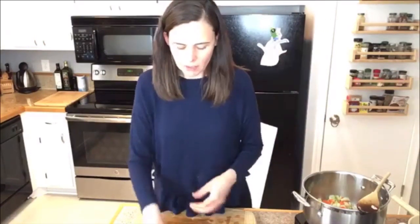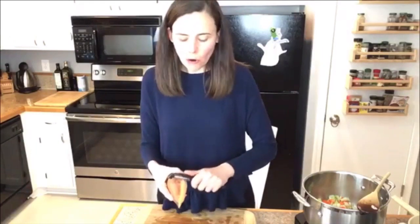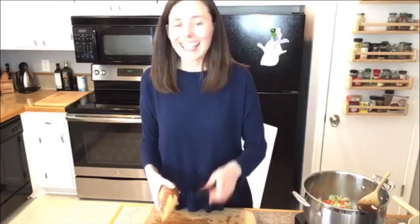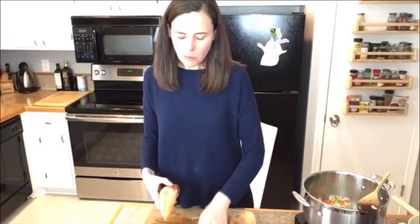is serving them the soup, just giving them a small portion. And then I'm going to peel up this sweet potato. Serving them the soup, giving them a small portion, and serving it with sides that you know for sure they're going to like and eat. I try to keep it in the theme of the dish. So this Moroccan lentil soup,